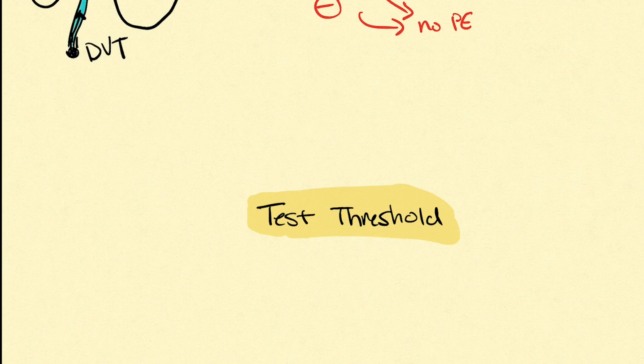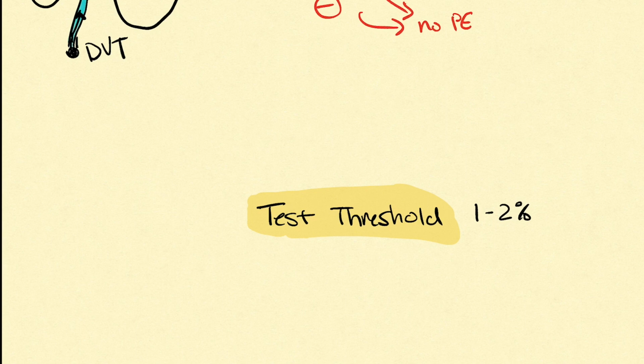Sometimes they even have false positives, right? Someone we find a PE on their scan even when they truly don't have one. Also, the cost, the radiation, everything. Ultimately, we decided a test threshold is somewhere between 1 to 2%. Okay, that 1 to 2% of people without a PE will be harmed by just going through the workup of